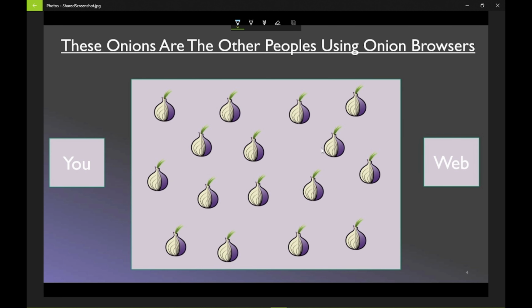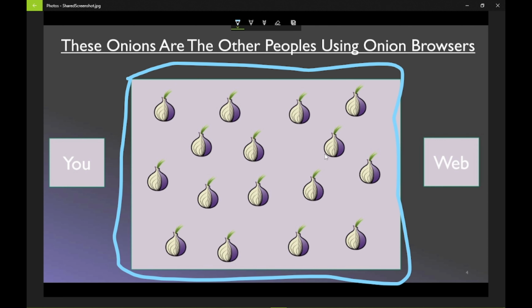You are going to use the Tor browser here. You have this box here. I am making a rectangle. This one is the Tor browser you had opened, and all these onions you can see right now are the people using the Tor browser. Actually, Tor works by connecting all these users in a relay, and they are all connected to each other to make a network. And after connecting them, Tor encrypts the whole traffic so that no one knows what's going on in this network.